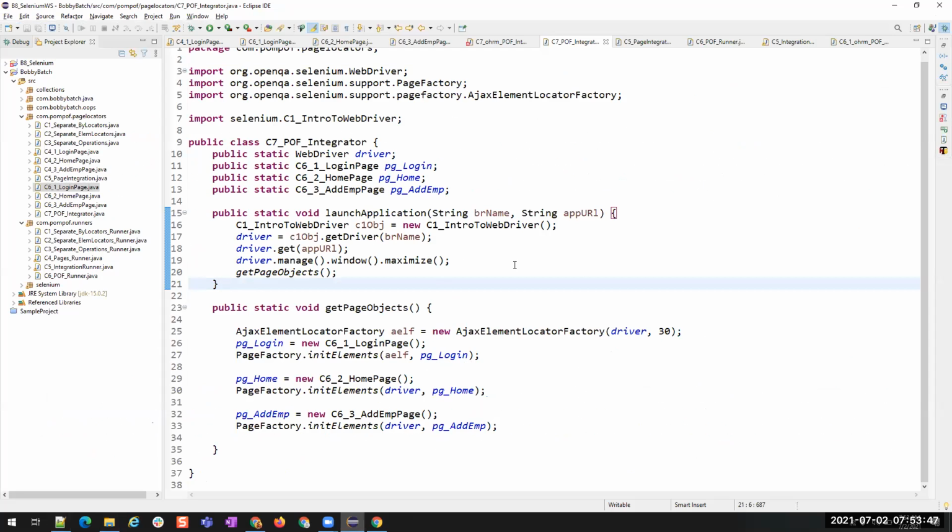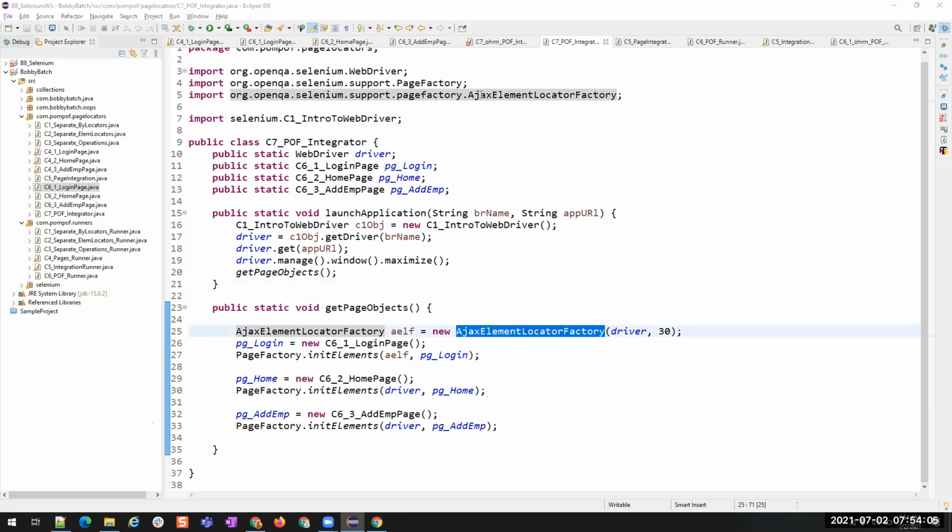Okay. Any questions before going to exception handling? Do we have any questions in this page object model or page factory model? Understood all the annotations @FindBy, @FindAll, @CacheLookup, and understood the concept of Ajax element locator factory? Okay, Sharaf has no questions. Yanji, I know it will be a little difficult for you because you didn't join yesterday. No, okay, fine. Then we'll move to the next topic, which is exception handling.